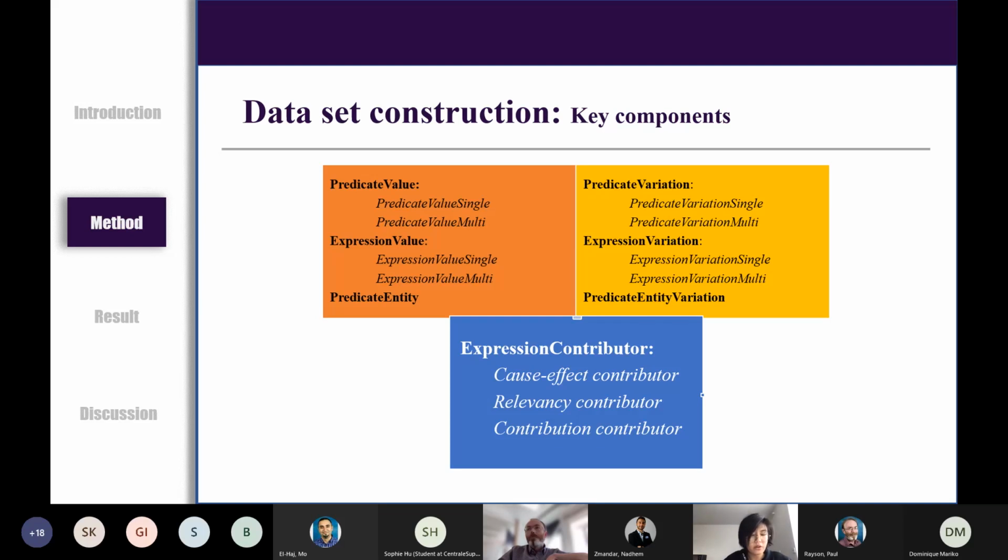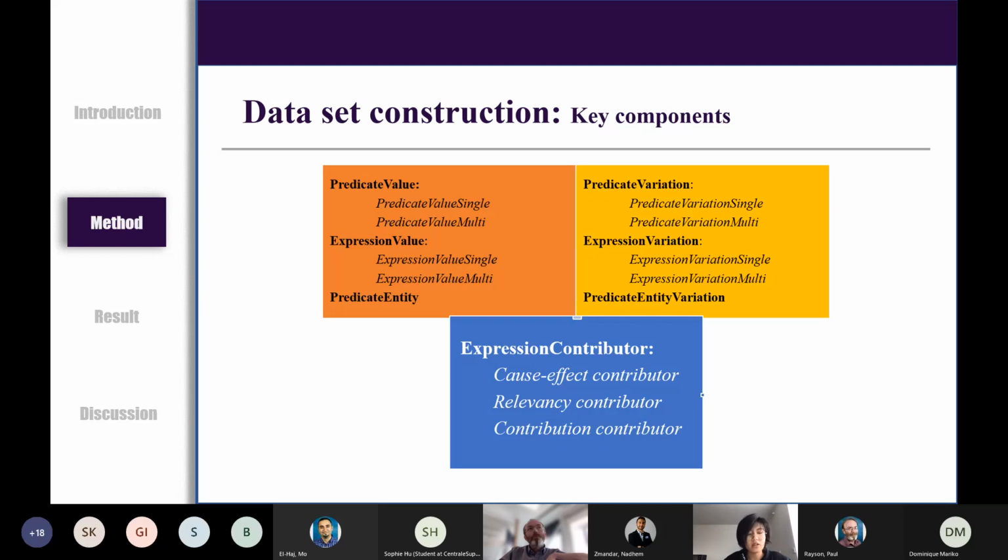However, in expression value, there will be no verbs. For example, for predicate value, we have "the revenue was 10 million", and for expression value, that will be "revenue of 10 million". And what makes predicate entity special is that its subject is an entity, for example, a company, instead